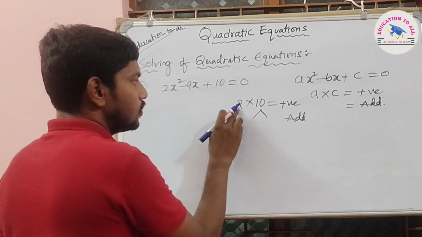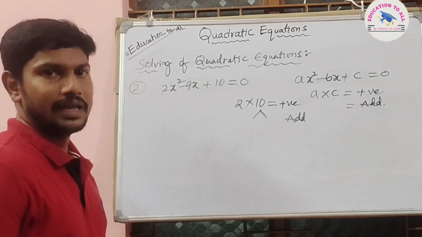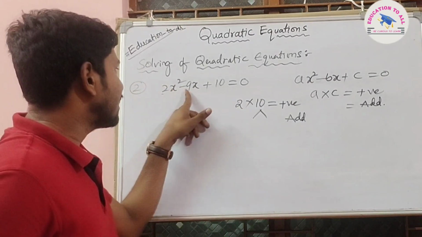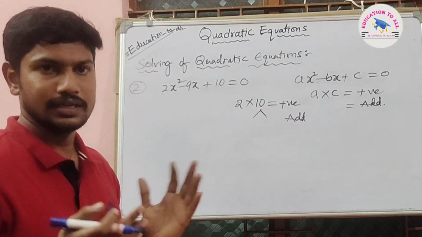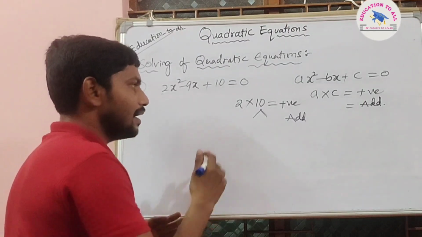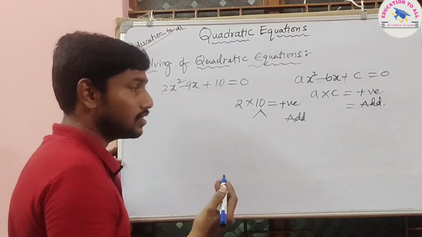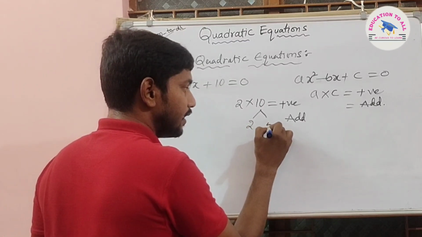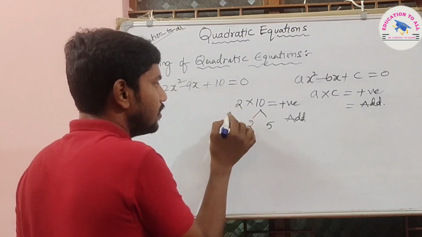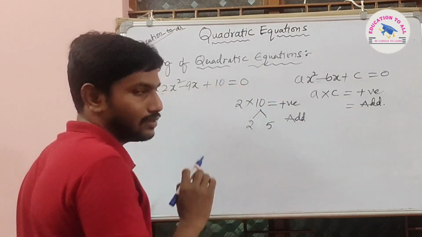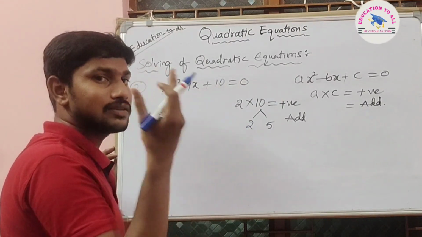Next, 2 and 10. If I add directly, we'll get 12. But here our requirement is minus 9. So that possibility is wrong. That assumption is absolutely wrong. So again, I will go with the factors of 10. What are the factors of 10? 2 into 5. To find the requirement, we can use these three numbers together. I'll use 2 into 5, which is already 10. That example we already checked, it is a wrong assumption.